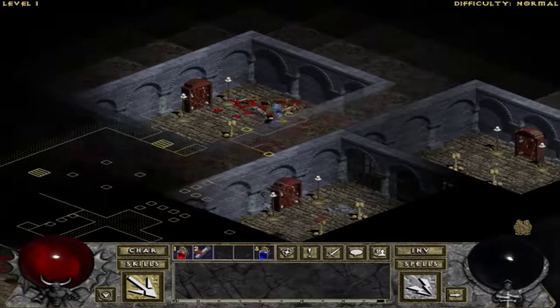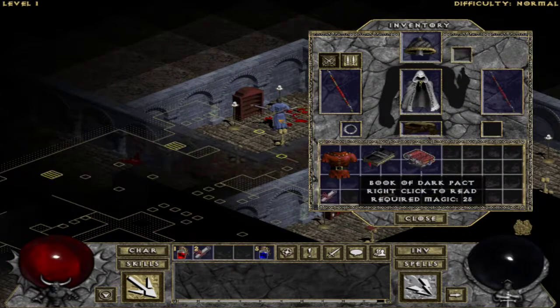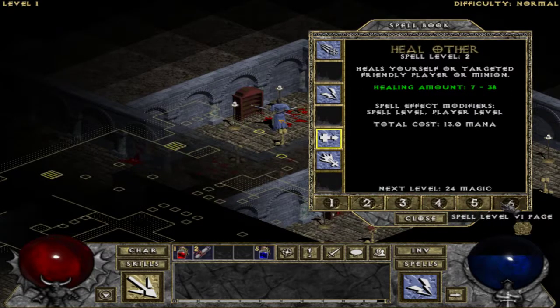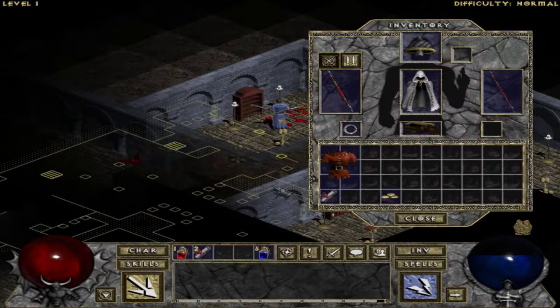Healing, Holy Bolt, Gold. Dark Pact. Well, now we have it. What does it do? Dark Pact. Sacrifice part of your life energy to recover mana. That could be useful if we have Mana Shield. I wonder if we can use that to reduce hit points,